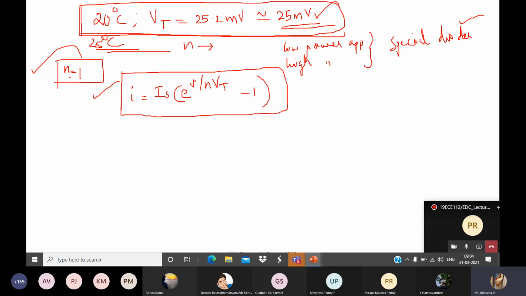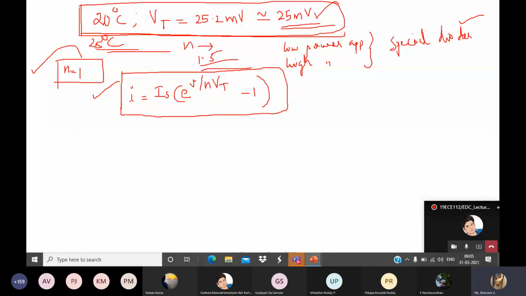That's it. We'll do some numericals. That time you will understand. Everything they will mention, how much the N value will be. Sometimes it can be between 1 and 2. It can be 1.5, 1.2. Everything will be described in the question itself. No need to worry about that. So till this, all of you understood? Shall I proceed? Yes, ma'am. Okay.